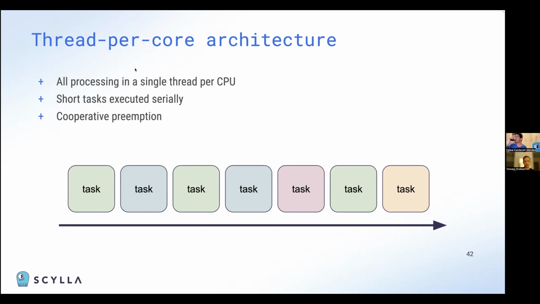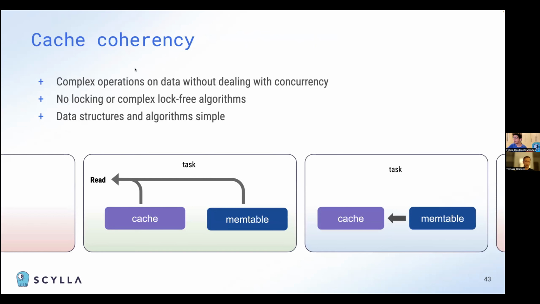It's very important and useful because this means we can have very complex operations on data structures within tasks. And those operations are guaranteed to be executed in isolation, atomically. And we can have concurrency control due to this design, which means we don't have to use other mechanisms for concurrency control like locks or lock-free algorithms. Those things are not necessary. And that gives us lots of flexibility in